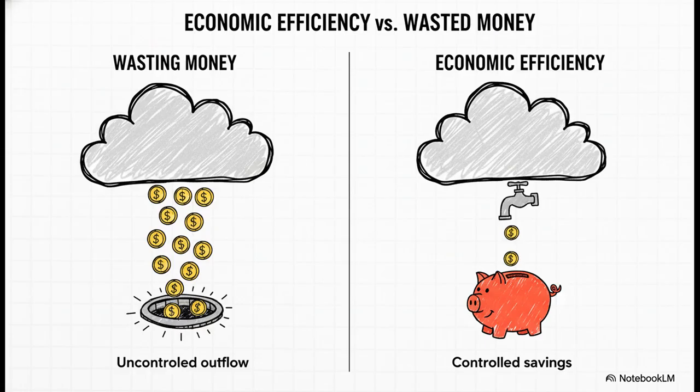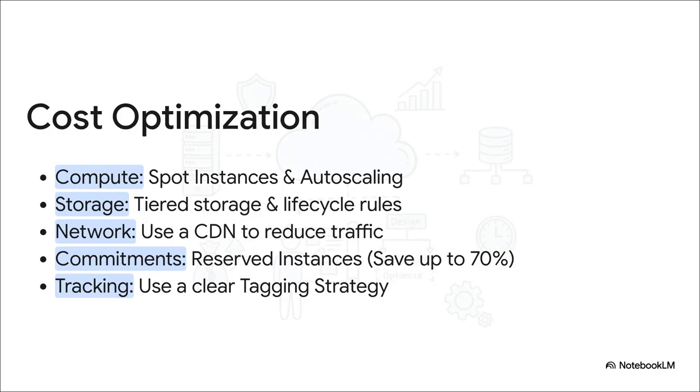And finally, the third pillar, and this is a big one that can honestly make or break a company: smart cost optimization. See, it's not enough to build something powerful. It also has to be efficient. Because without a smart plan, the cloud can become a fire hose just spraying wasted money everywhere. So, architects have a whole playbook to keep that spending under control.